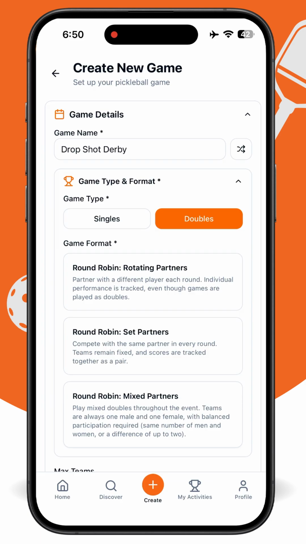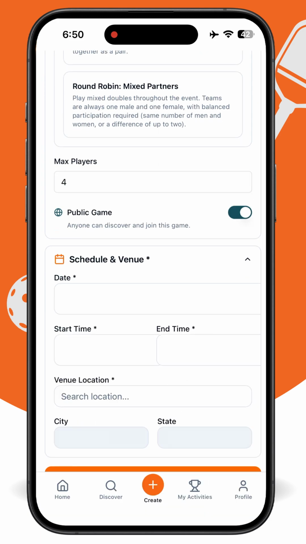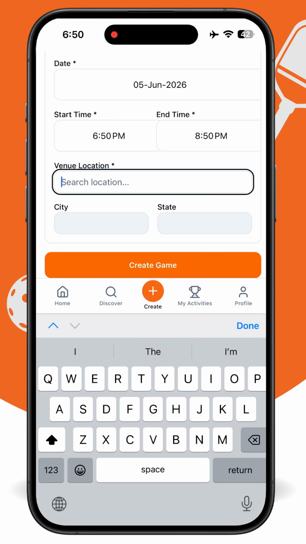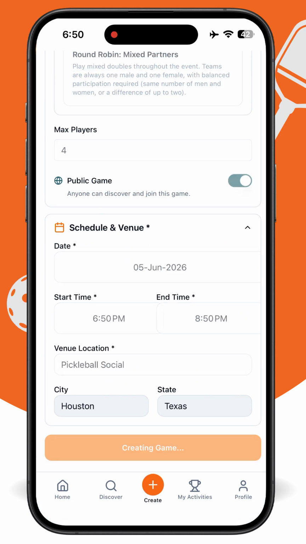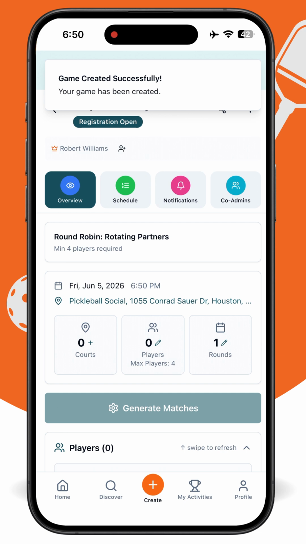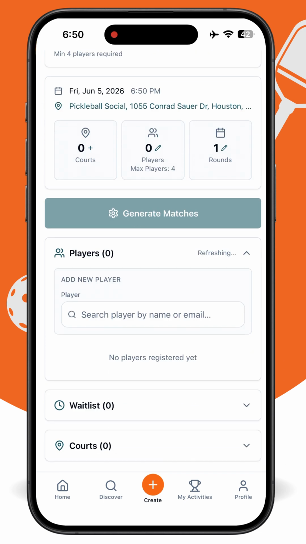Once you log in and fill out your core match details, like your game name, format, player cap, and court location, you'll hit Create and land right on your event dashboard. This is your main command center, and it's exactly where you'll find the advanced options to take your game's management